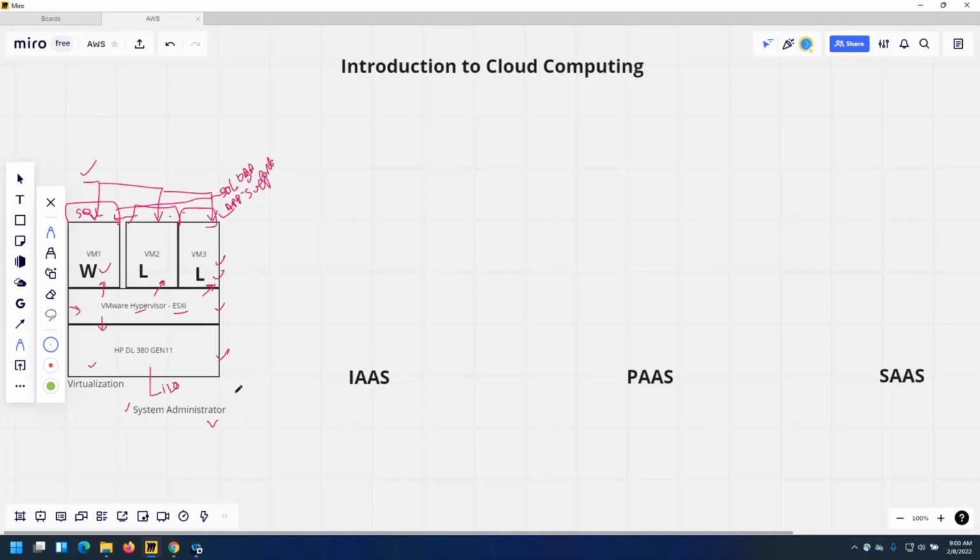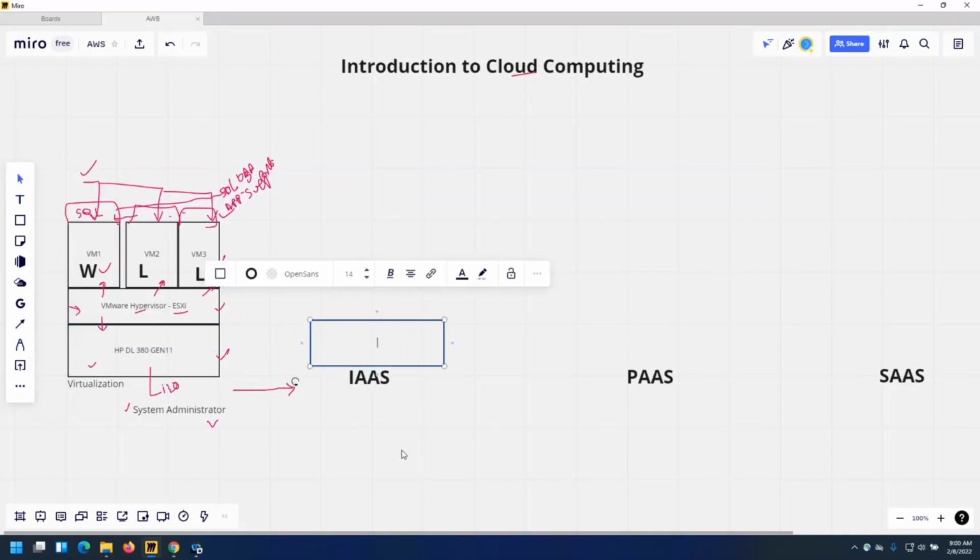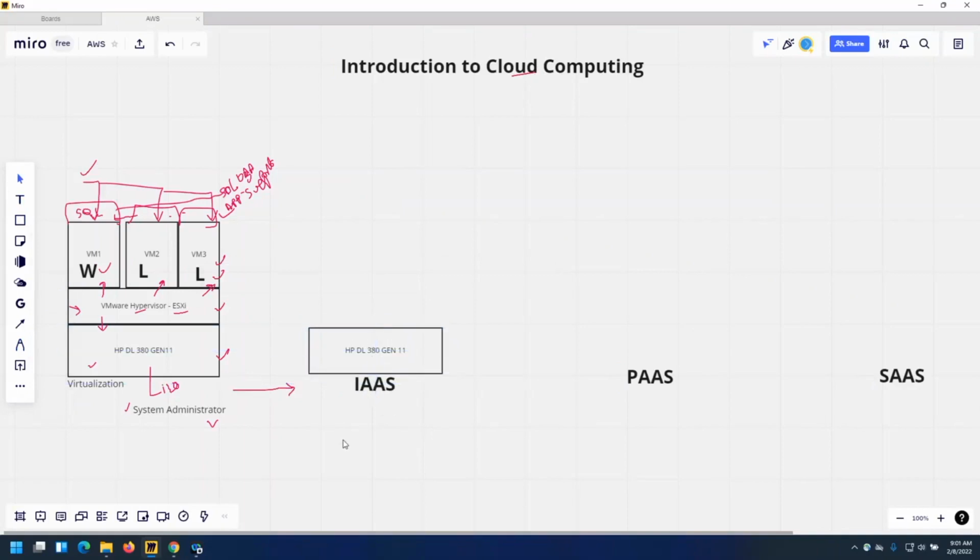Now, same thing, same approach. The customer has decided to go to the cloud using some of the cloud offering mechanisms. One of the mechanisms is infrastructure as a service. So in infrastructure as a service, what happens? Let's go to infrastructure as a service. Say an HP DL server with Xen. I don't conclude that this is the hardware cloud vendors are using in the backend. No, I'm just giving you a reference.